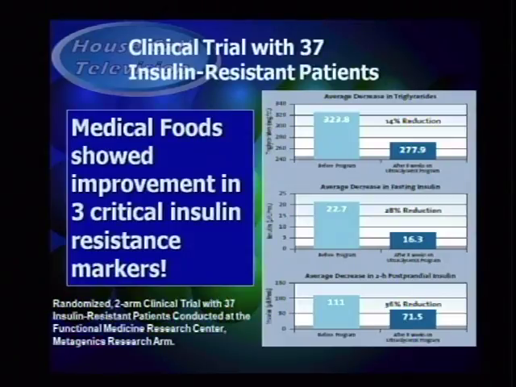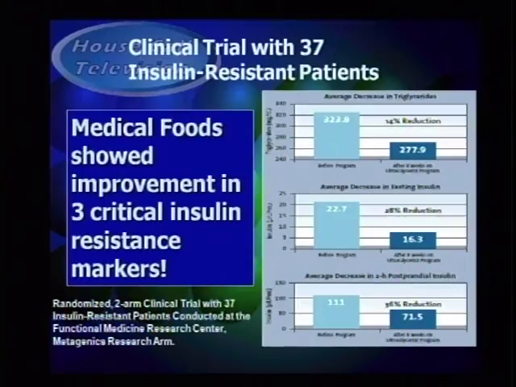And so we look at the clinical trial with 37 insulin-resistant patients. These are people who are having trouble with blood sugar. And so one of the things that you can do is use medical foods. These are foods that contain the necessary dietary constituents that help control insulin resistance, such as having fiber, the types of minerals that you might want and the vitamins that you want. So it's used for those kinds of people that need more of a regimented